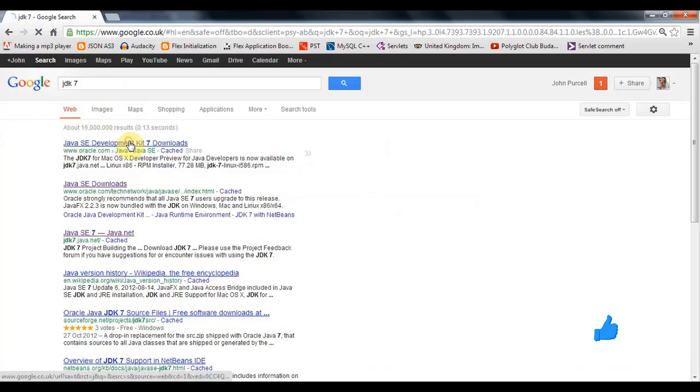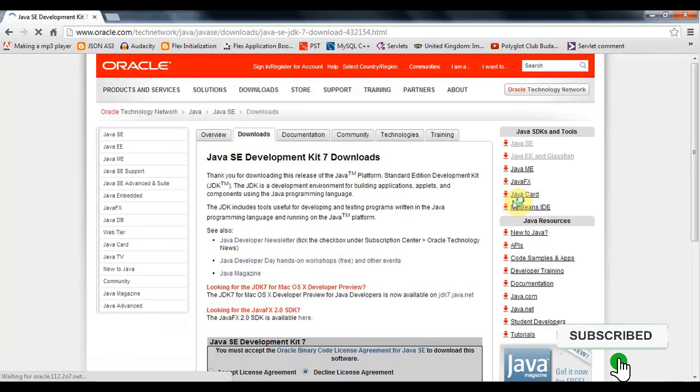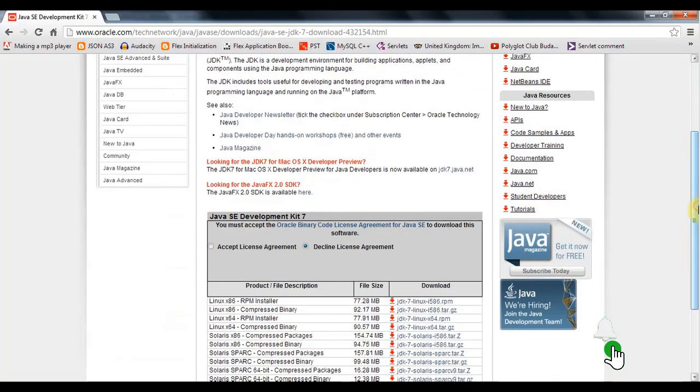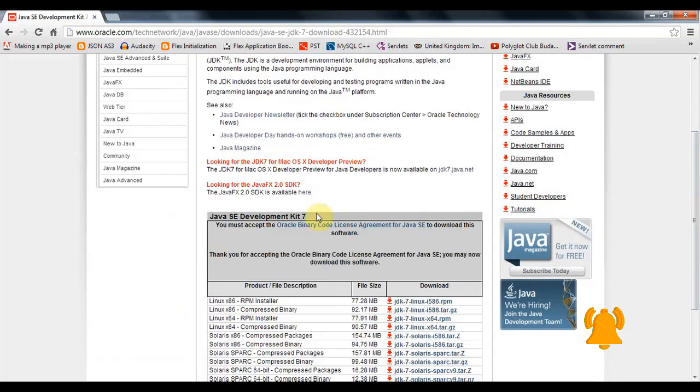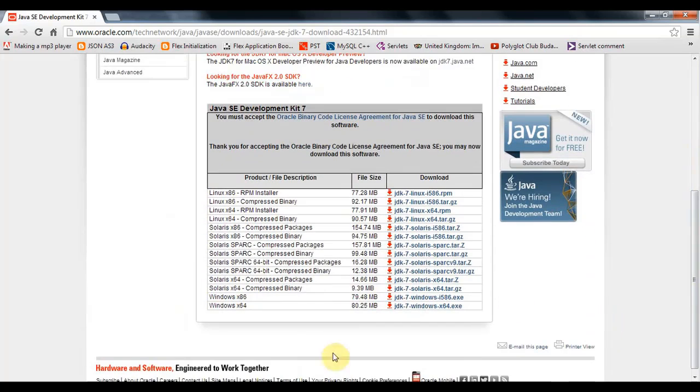So if you click on that, and let's take a look at this page, and again you want the appropriate file for your operating system, so you need to say that you accept the license agreement again, and just select the appropriate file. So I would use Windows x86 because I've got a PC running Windows, and I'd download this